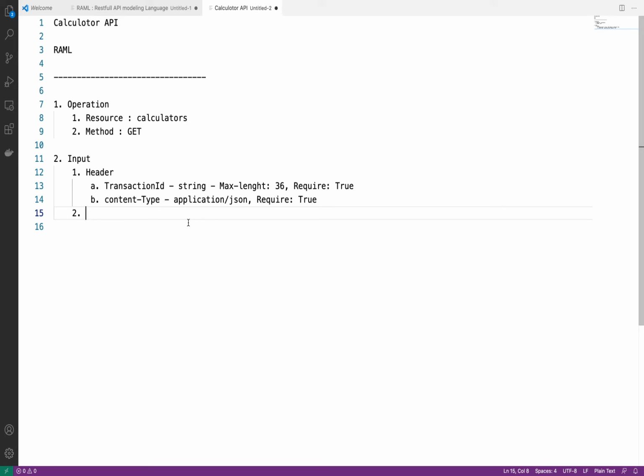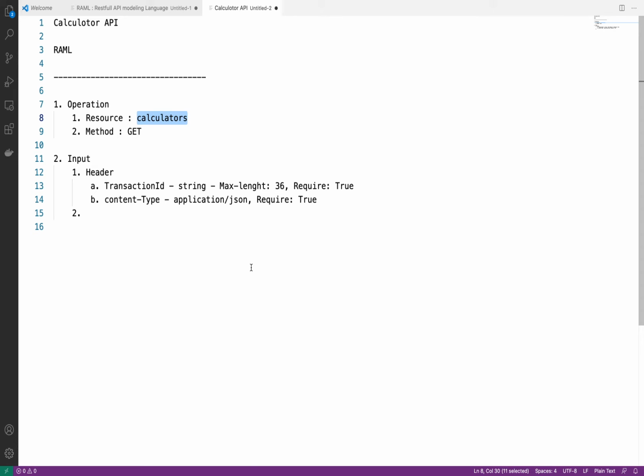Now do we need any URI parameter? URI parameter means nested resource. Calculator is my resource. Do we have any nested resource? We have one thing, that is operation. Actually the calculator will perform four operations: addition, subtraction, division, multiplication. We can use that inside URI parameter, since we can treat it as a nested resource, and we can also treat it as a filter condition.